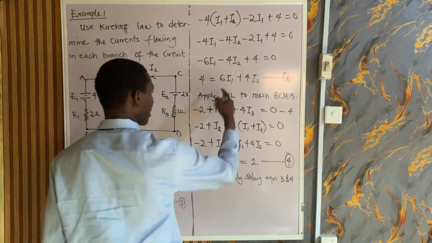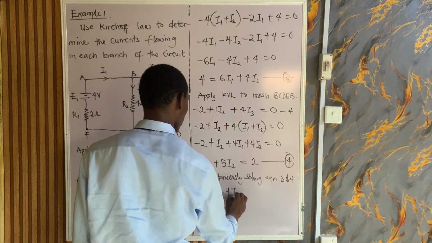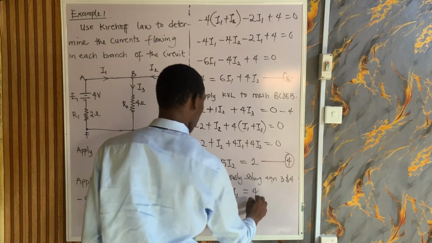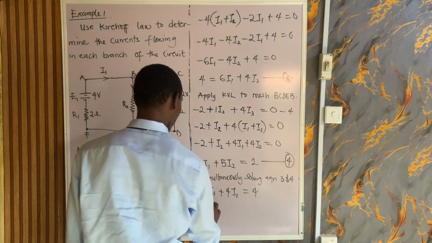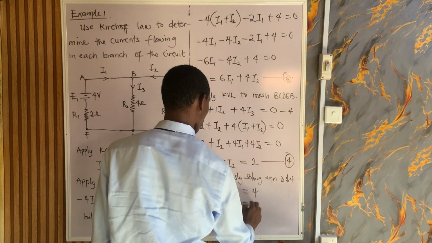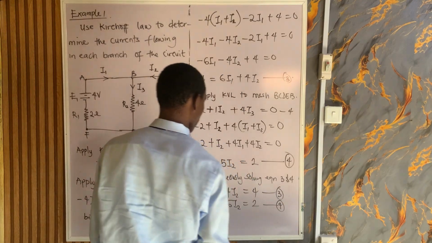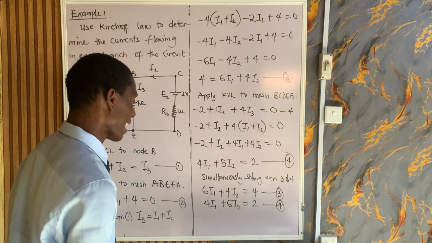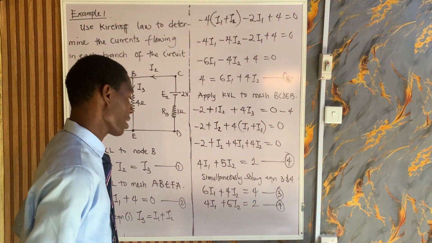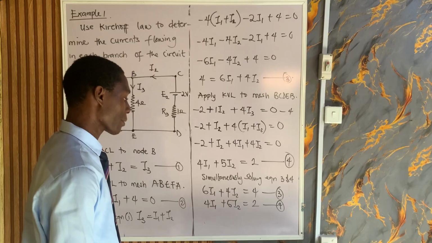So equation 3 now is 6I1 plus 4I2 is equal to 4, and then 4I1 plus 5I2 is equal to 2. This is equation 3 and this is equation 4. So we can solve this simultaneously. I don't want to show the simultaneous equation because this class is not a class to teach simultaneous equations. But when we solve simultaneously, we get